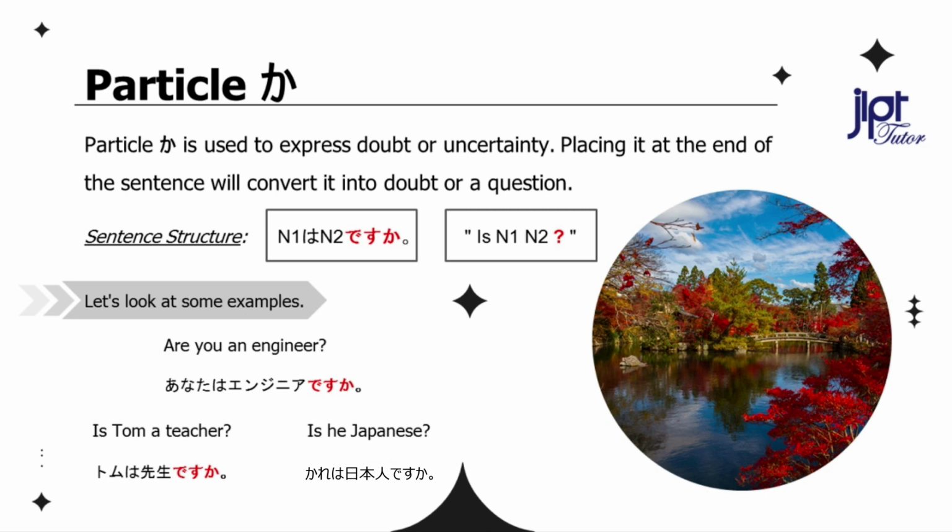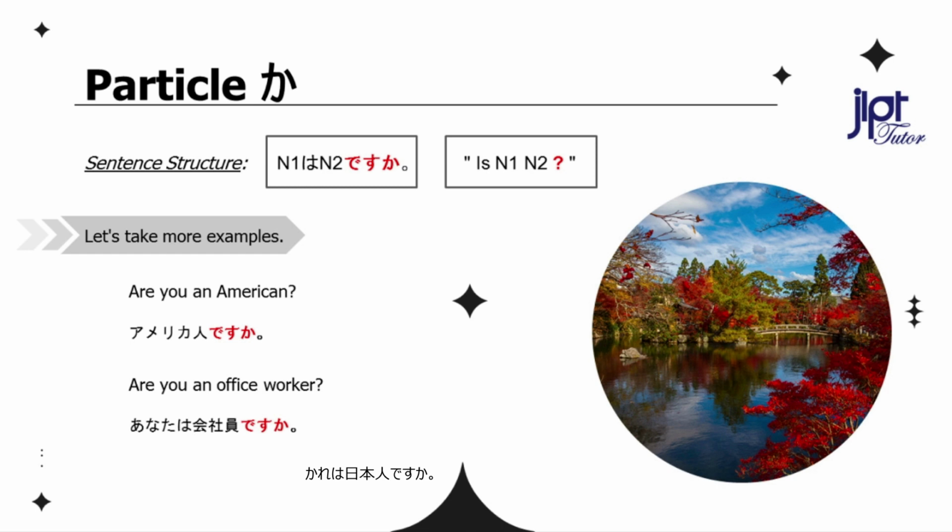Are you an engineer? あなたはエンジニアですか？ Is Tom a teacher? トムは先生ですか？ Is he Japanese? 彼は日本人ですか？ Try making similar sentences on your own and practice more and more. Are you an American? アメリカ人ですか？